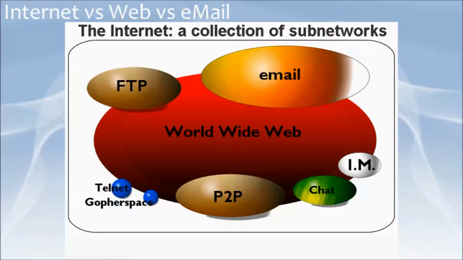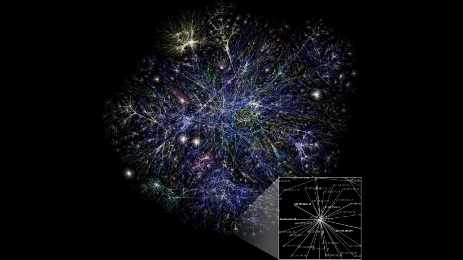You can also see how many other regions, numerous of which are not even shown in this image, reflect the diversity of the Internet. It's not just the World Wide Web. There are so many other functionality and services that are used over the Internet. However, even though there are a variety, the World Wide Web still remains the largest and most used aspect of the Internet.